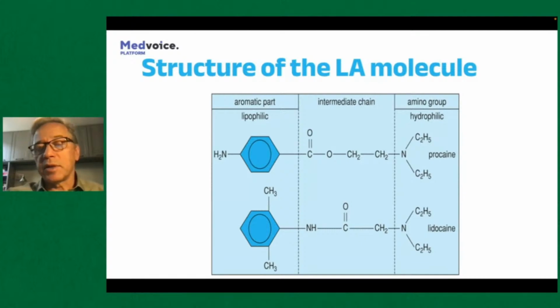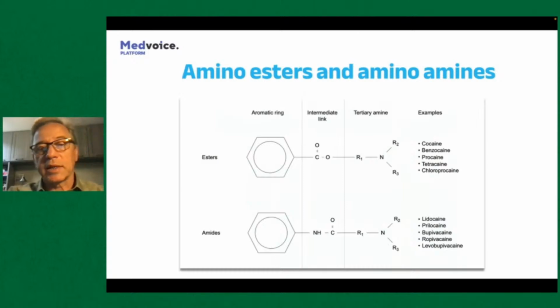And it's by this intermediate chain that we divide all the local anesthetics into the two main groups. They're either esters, amino esters, or amides, amino amides. Among esters, we count very famous cocaine, benzocaine, procaine, novocaine, tetracaine, and chloroprocaine. And if you think they're not used anymore, they are, because procaine is still being used in many countries, tetracaine certainly being used in ophthalmic anesthesia, and chloroprocaine is now being used in